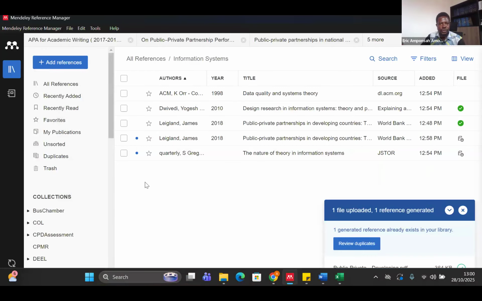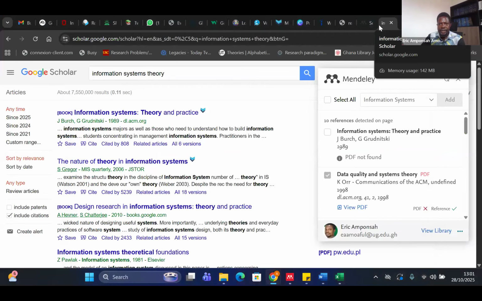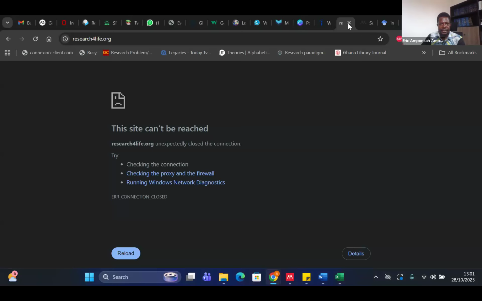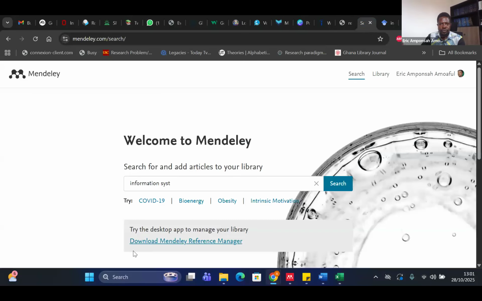So the plugin is also able to do a web capture, in which case we are looking at, let's say, a website. So maybe we go to